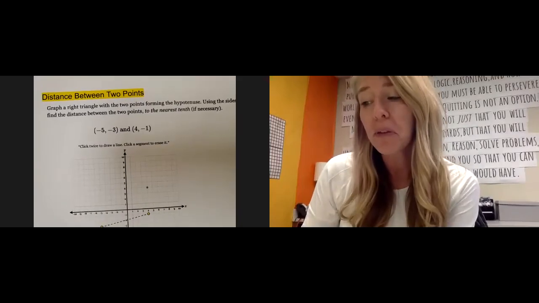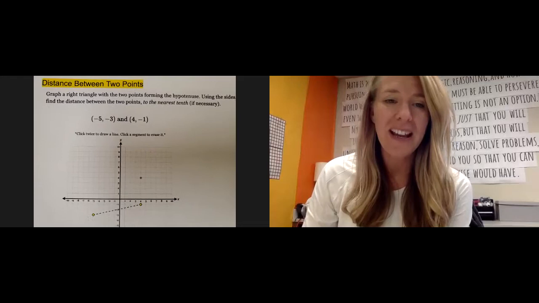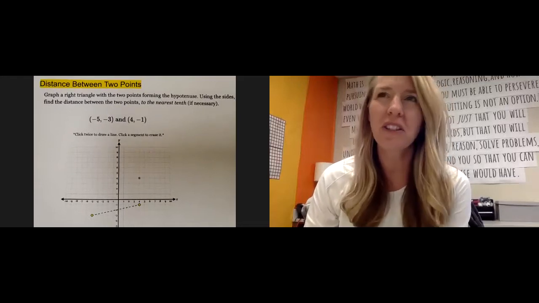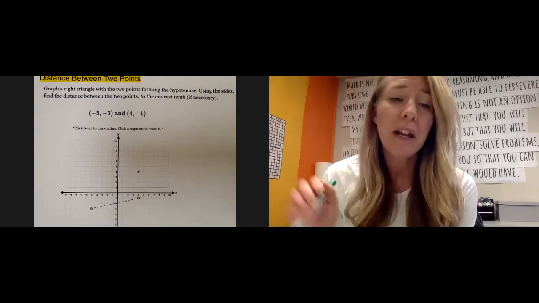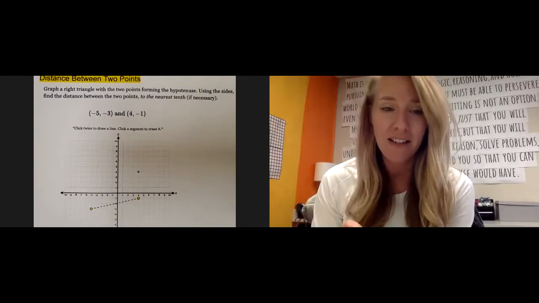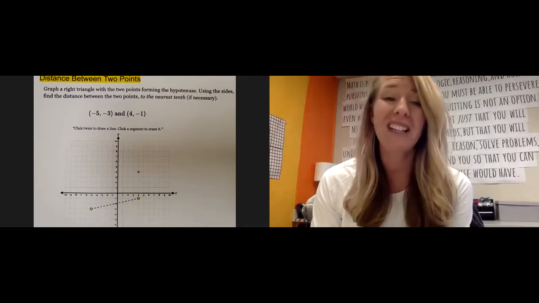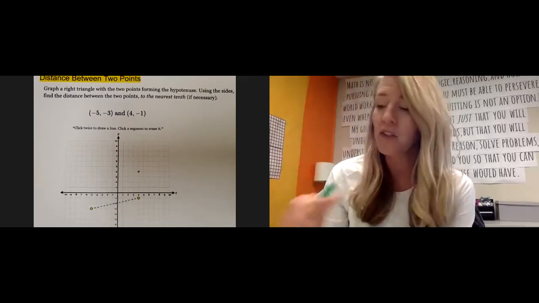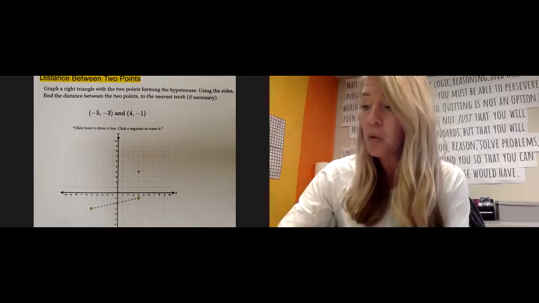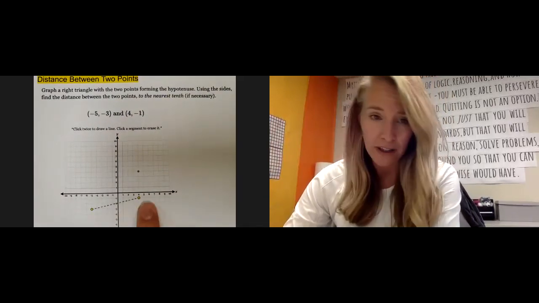On this Delta Math, we're talking about the distance between 2 points. And I know you guys love to think you could just magically count and estimate this perfect distance between these two yellow points, but I'm sorry, you cannot, because they are not perfect. But what is perfect is going perfectly up and down, that's vertical or horizontal. So what they tell you to do, if you want to know the distance between these two yellow points, is